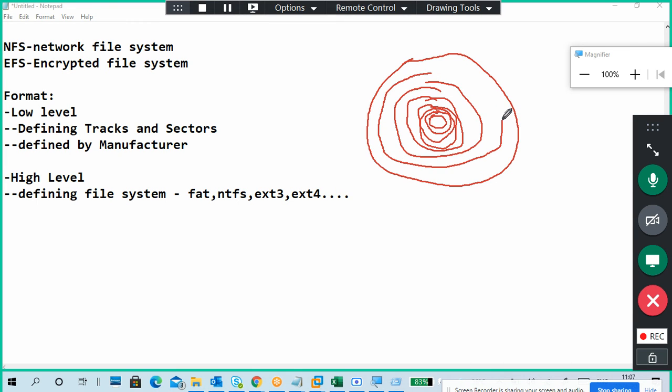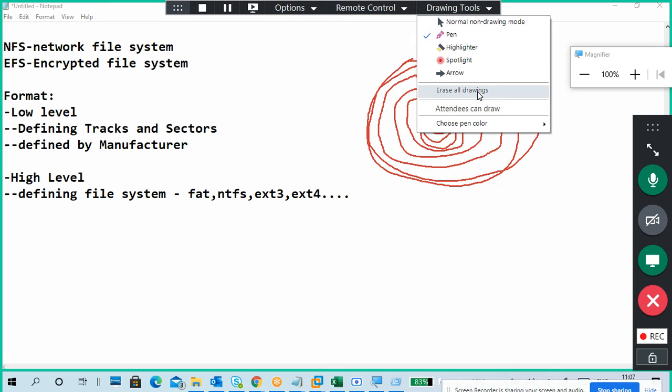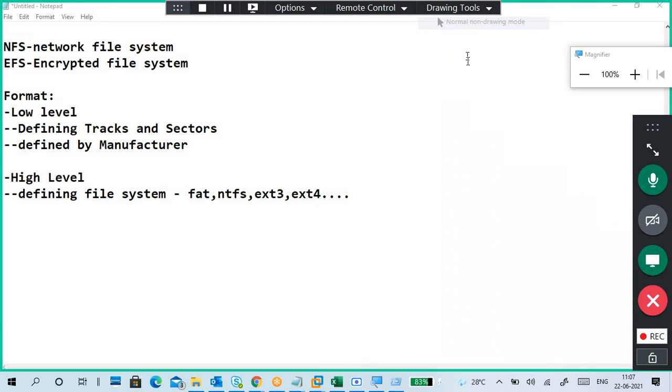So the distance from one track to another track, and the number of tracks, will define the size of the disk. Each one we call a track, and tracks have numbers: first track, second track, like that.